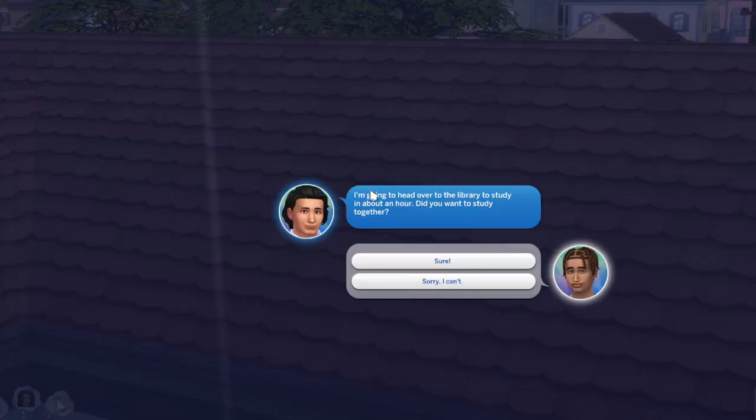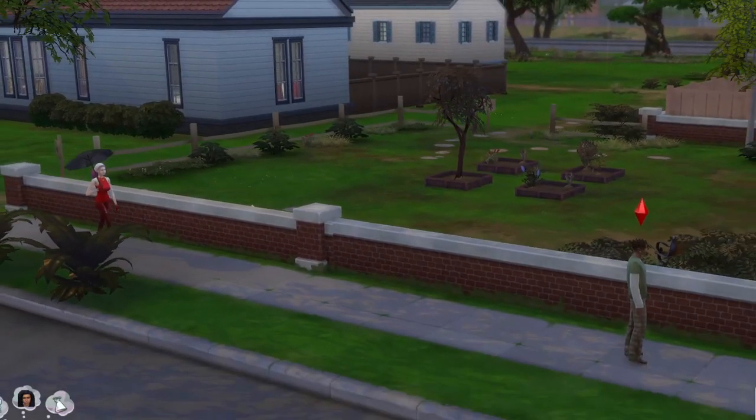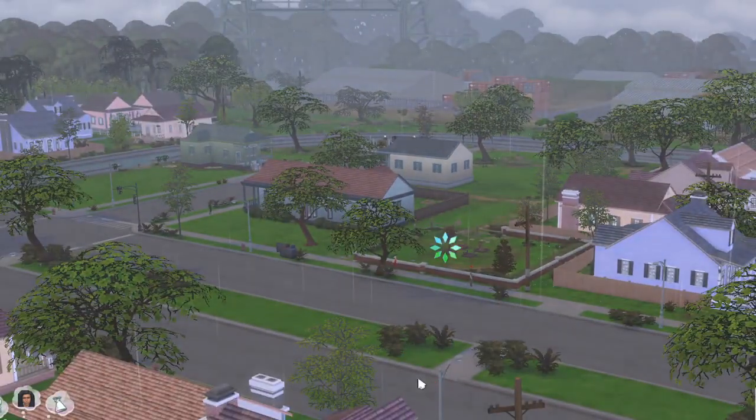Oh, and then Aurelio, he just texted. He said, I'm going to head over to the library to study in about an hour. Did you want to study together? I don't think Phoenix is really worried about studying, so I'm going to say no. It's really hard to pickpocket Sims out here while they're moving, so I think I'm just going to go ahead and go over to the